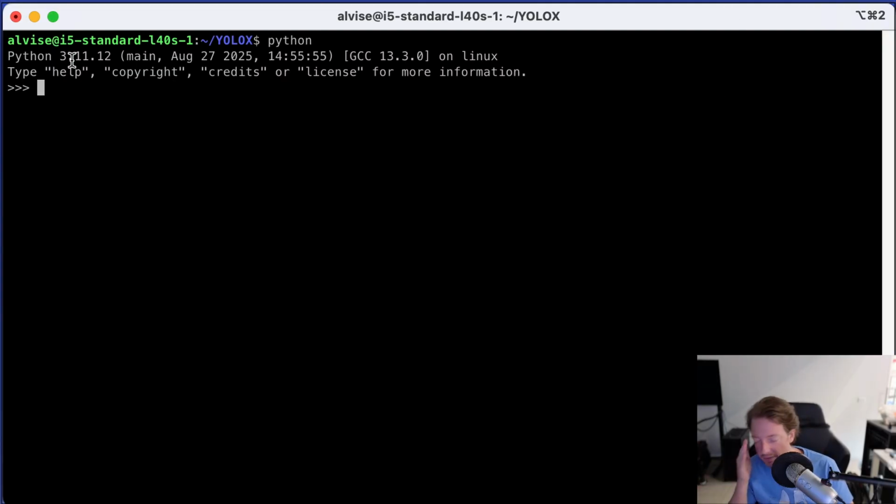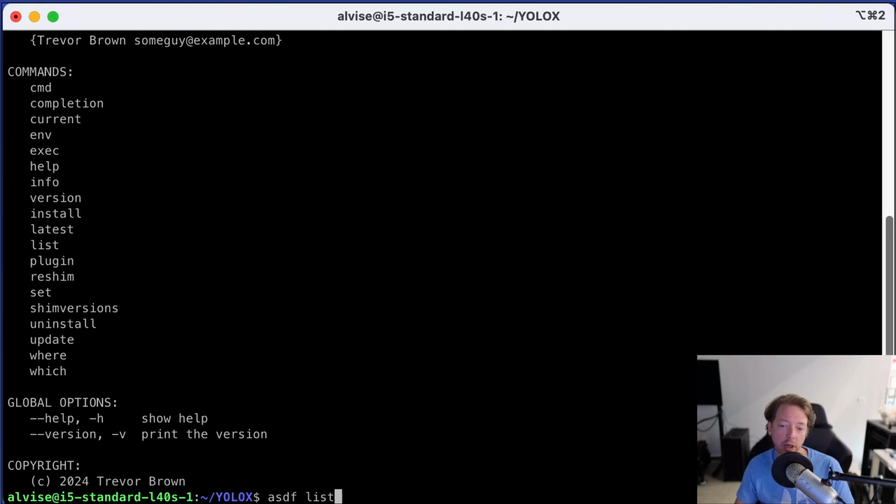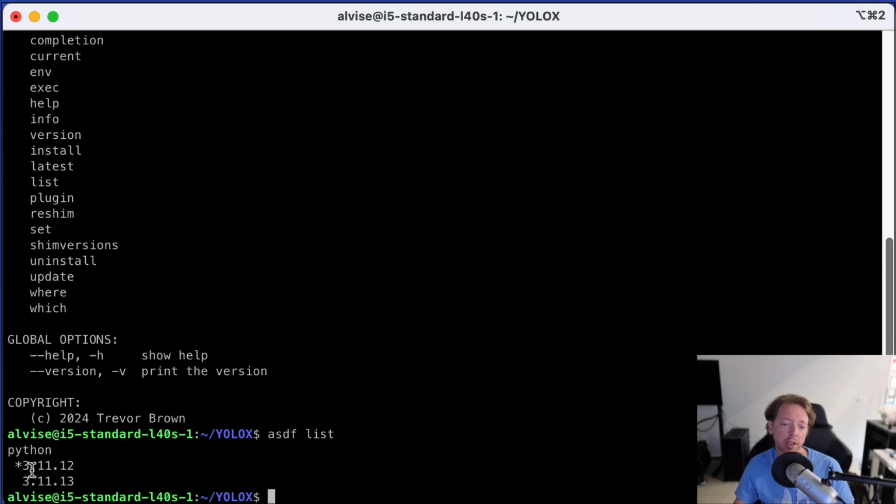If you have Python 3.12 or later, I think it's better to downgrade it or to install a different Python version with, well, I used asdf. And currently installed 3.11 or earlier,